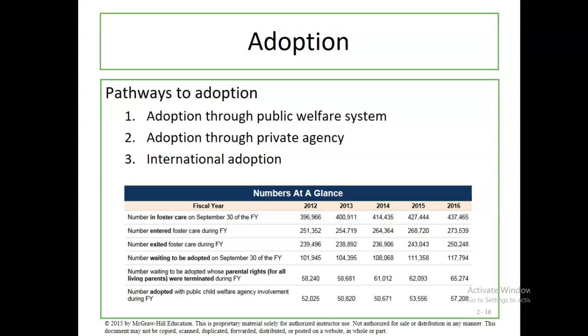You see some statistics there of the amount of children that are in foster care by year. So basically, as you can see, it increases every single year. So pretty much now that it's 2020, it's safe to assume that there's about 500,000 children in foster care who are seeking to be adopted. Children are given up for adoption on a regular basis due to a wide range of issues, but it is certainly something that is relevant to lifespan growth and development.